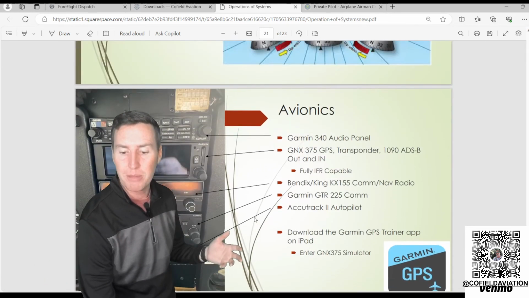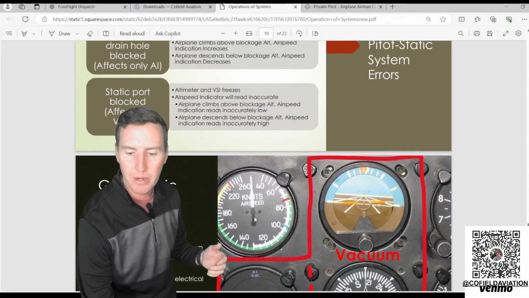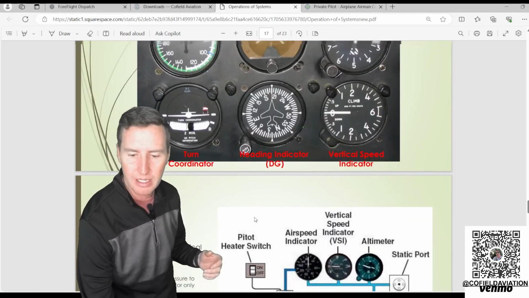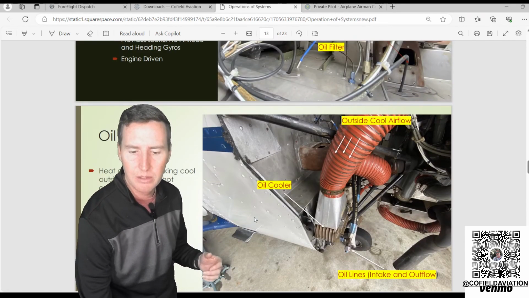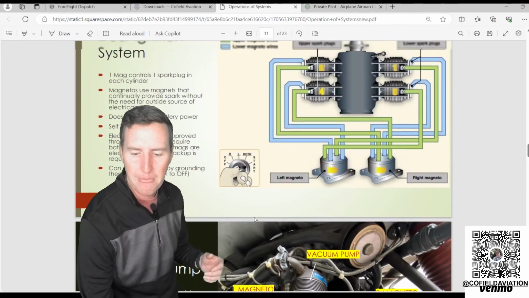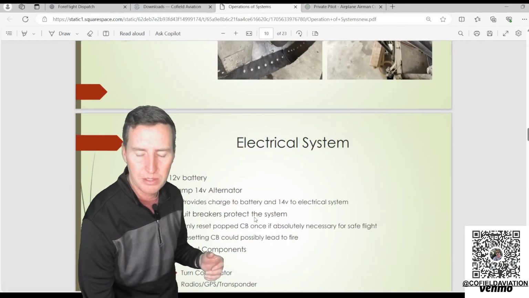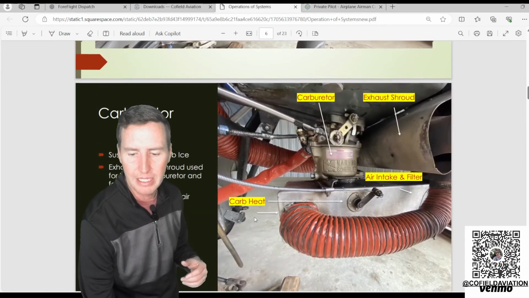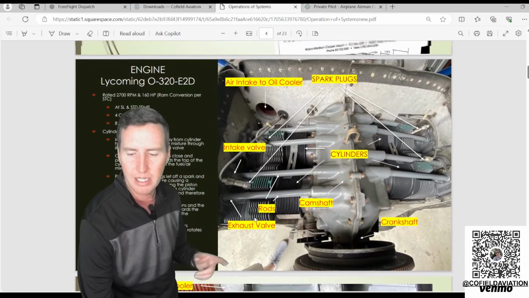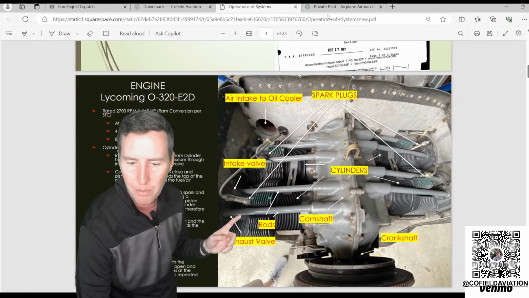All right, so that pretty much finishes up operations of systems. All right, just going to go through here, make sure I hadn't forgotten anything. We talked about the oil cooler, magnetos, vacuum pump, dual ignition system, electrical. Yeah, that's basically it. I did promise you at the end of this I would go over this, but I want to